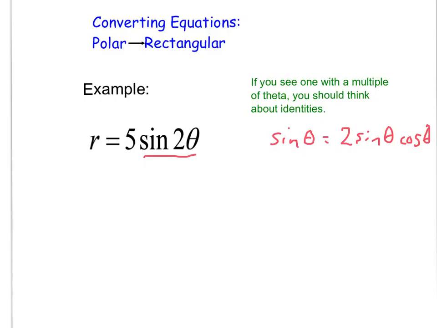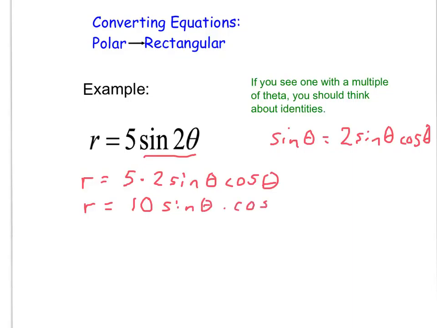So I'm going to do that substitution. So r would be 5 times 2 sine theta cosine theta. So that means r would be 10 sine theta